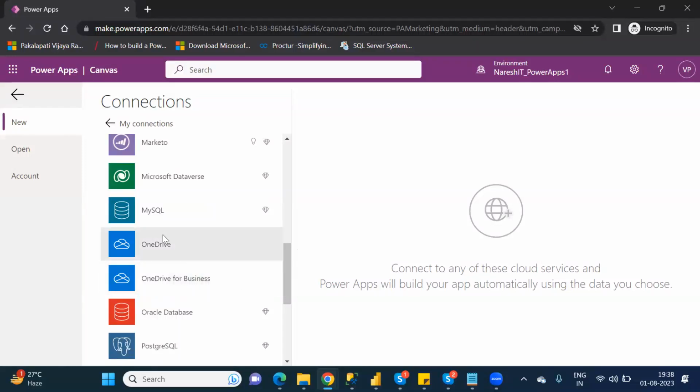If you are working on your personal laptop or for practice purposes, then you have to choose OneDrive. You understand these differences, right? If you are working with an organization, you have to choose OneDrive for Business. If it is for practice purposes,